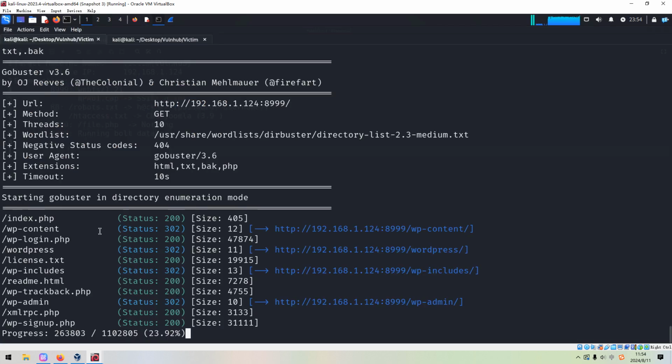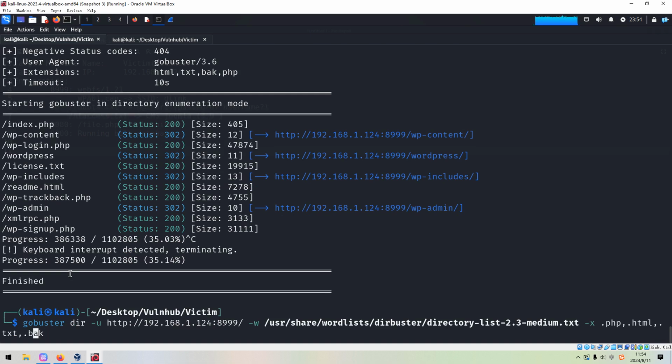Although we can find the files, this file cannot be interpreted as usual. Okay, so I'd like to quit from the GoBuster. Again, if you want, you can run the GoBuster with the final port number.